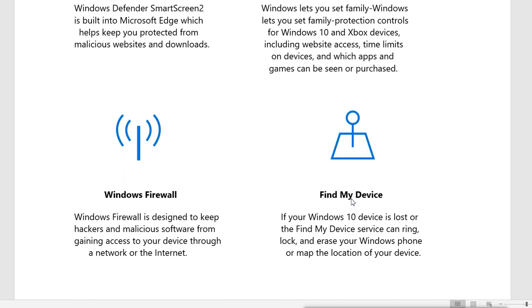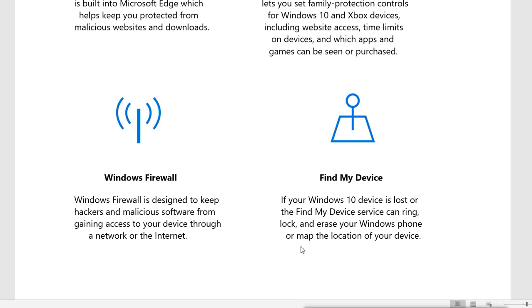Then we have Windows Firewall, designed to keep hackers and malicious software from gaining access to your device through a network or the internet. And also we have Find My Device: if your Windows 10 device is lost, Find My Device can ring, lock and erase your Windows phone, or map the location of your device.